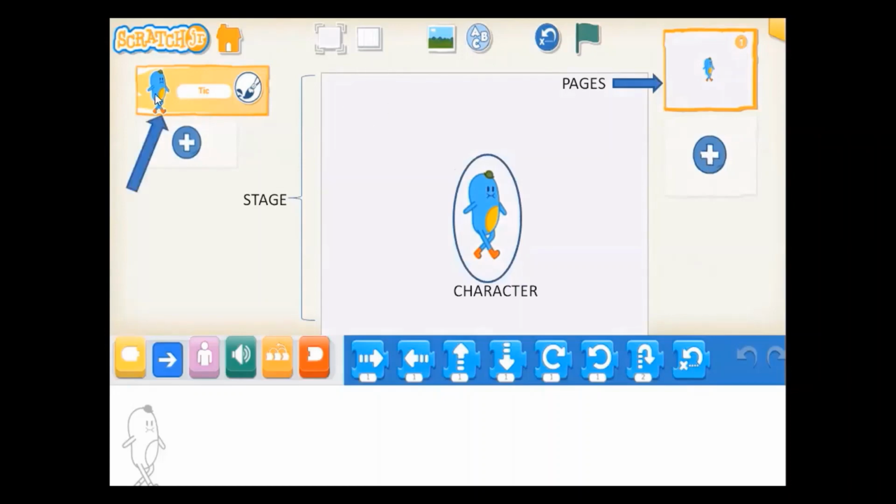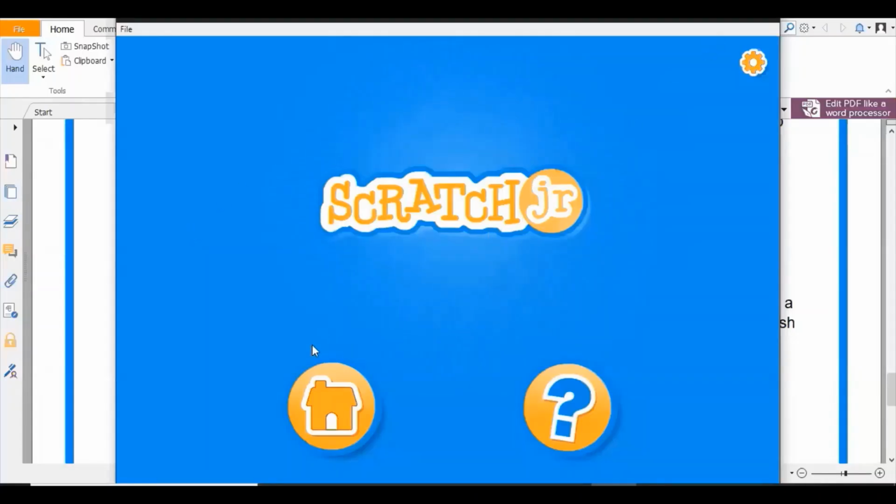Alright, you can see the character. See, there are three main windows. This is the stage where I can see my character performing. Whenever one page is created, it will be reflected here. And related, if I am talking about my page 1, I can see the characters here. Since I have only one character, I see only one character here. If I want more characters, I will click on this plus button. So we'll see it in the software.